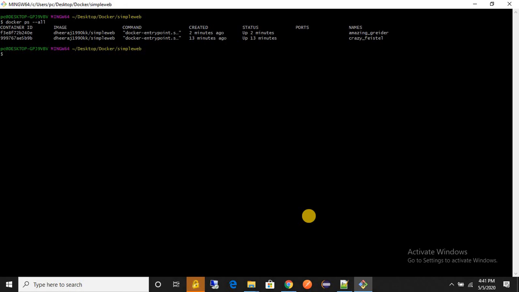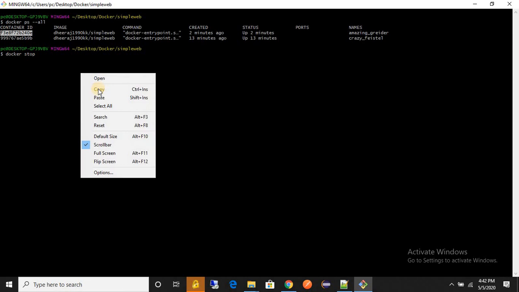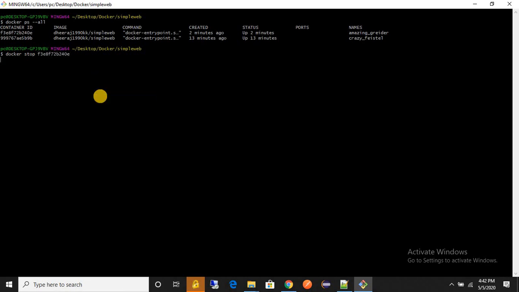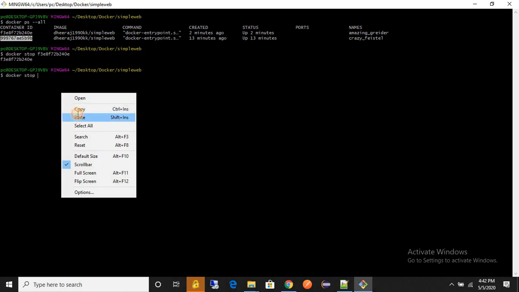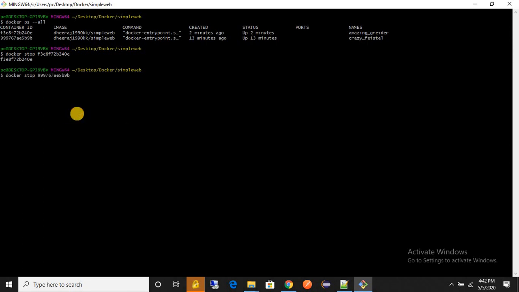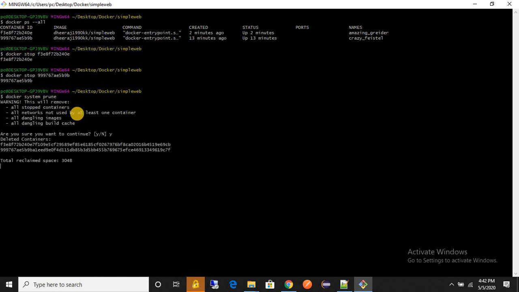So let me delete this container first. Docker stop. Clean, right?